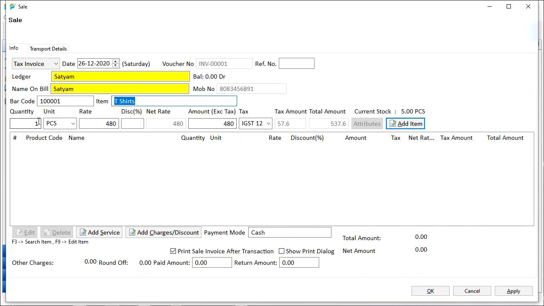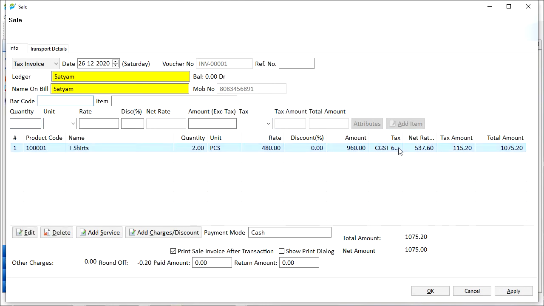After this, we need to fill up other details such as quantity, for example 2 units. Other details such as rate are automatically fed from the item details we entered while creating the item. We can specify discounts under the disc text field if required. If you have defined the tax class while creating the item, the system will automatically show the applicable tax here. If not, we can select the GST using the drop-down menu, for example GST 12. Then we need to click on the Add Item button, and the item details will be registered in the sale.